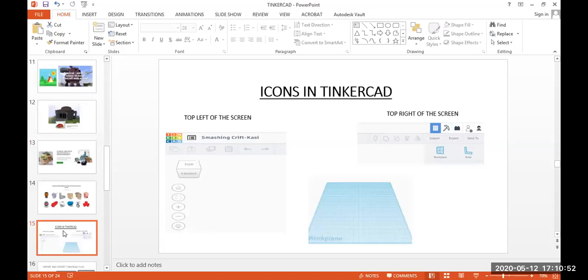So the interface of Tinkercad I explained yesterday. It consists of a work plane in the center.